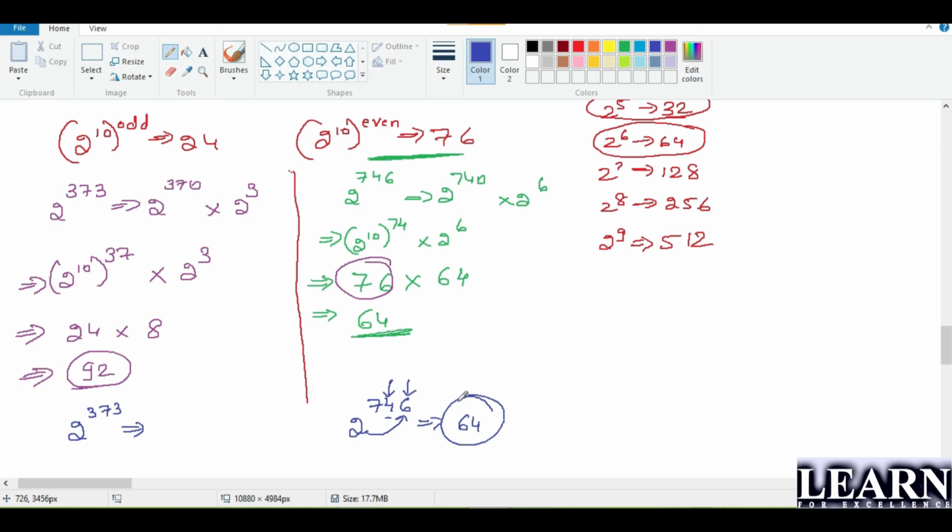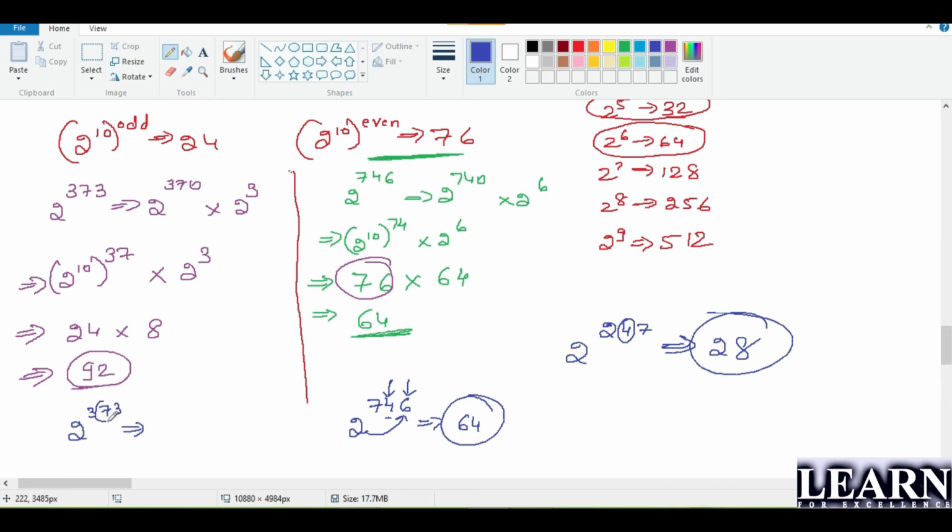If the tens digit is even, write the last power, 2 power 6 or 2 power 8 or whatever it is. So I'll take some more examples. 2 to the power 247. This is even. So what is 2 power 7? 2 power 7 is 128. I can tell the last two digits are 28. You're getting the speed, guys? Is it clear? Is it clear, guys? This is when the tens digit is even.